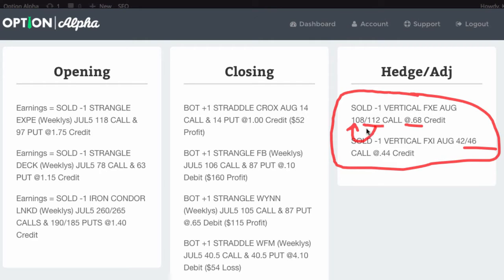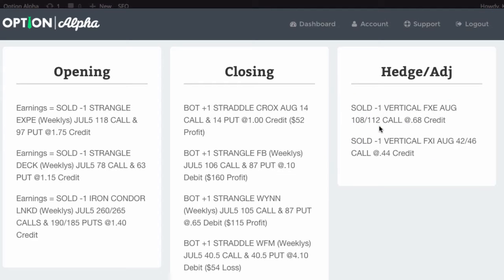And by rolling, what I'm talking about is we're buying back the 112 call to close and reselling the 108 call. That net credit is 68 cents. That helps pad us and gives us a bigger overall credit on the entire trade. The other thing that we did in FXI is we rolled our 46 calls down to the 42 strike. And again, that gave us a net credit of about